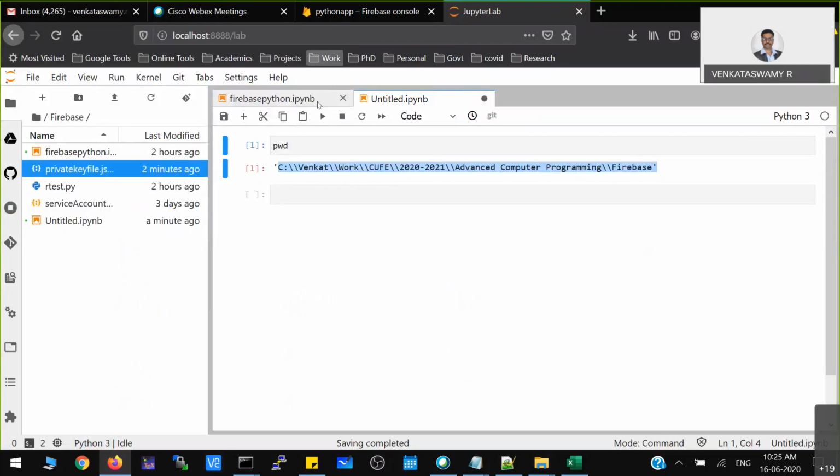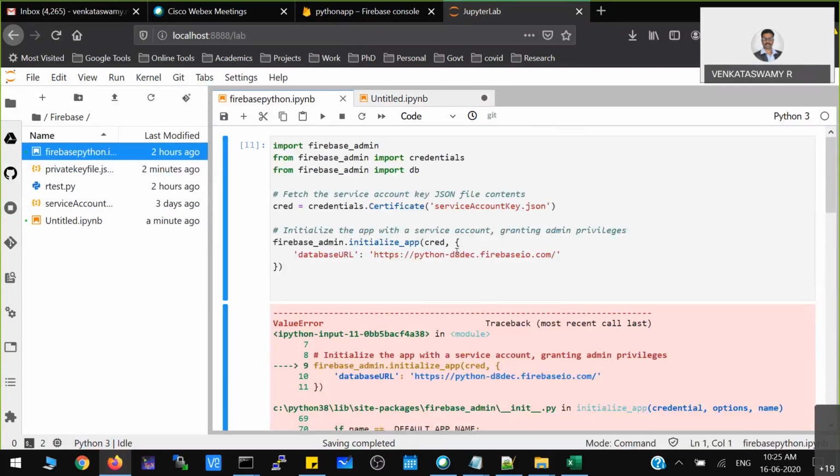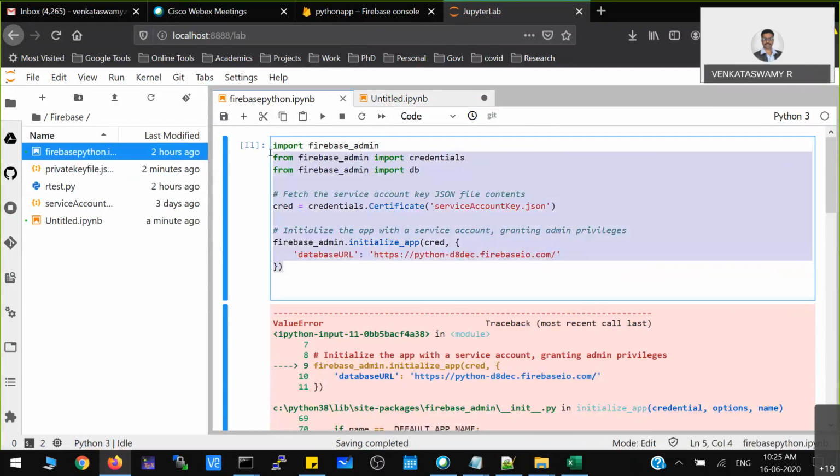Now, what code you have to use to connect to that particular Firebase? Okay, so this is the code, or in a simple way, I'll just use simple code.